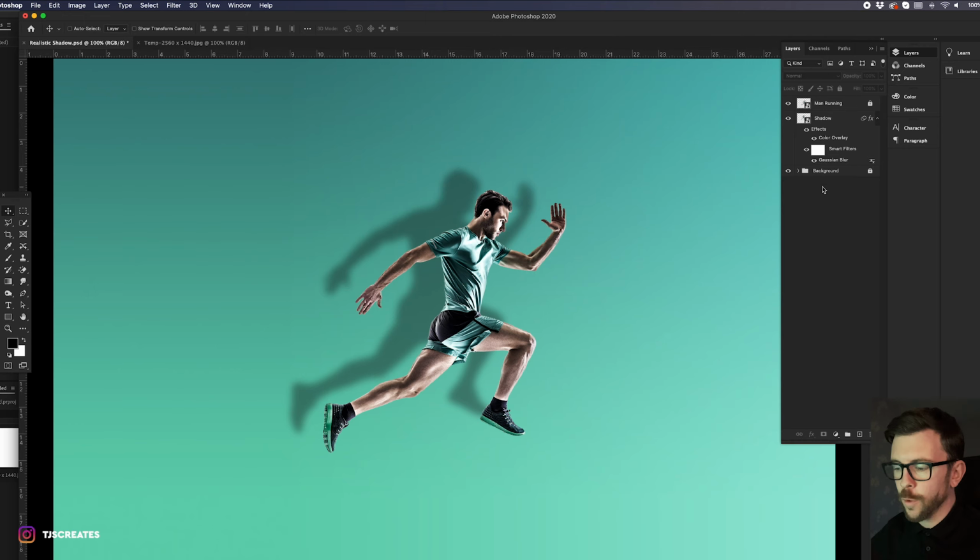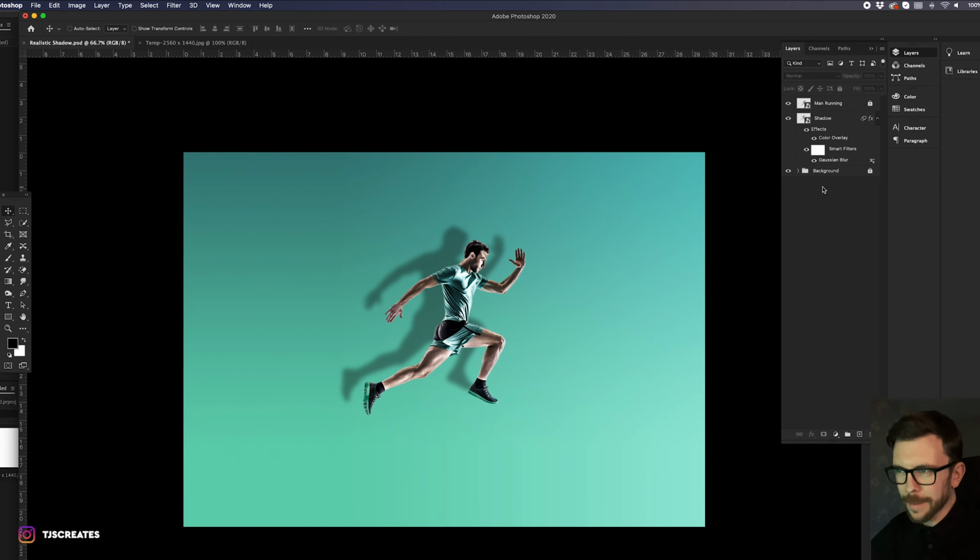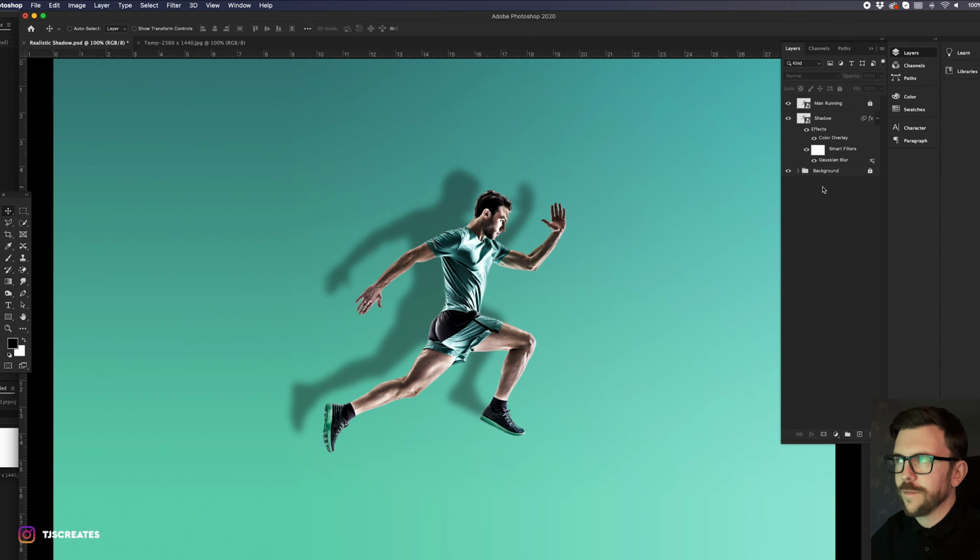And we're pretty much there. I'm quite happy with that. You know, that's quite convincing. The message is clear. It might not be perfect down to a T, the perfect shadow, but it is achieving the results I want. The way we can take this a step further is if we select the shadow, select clipping mask,